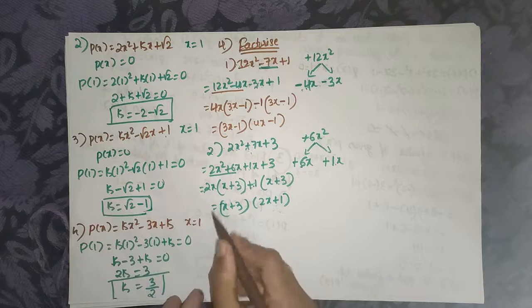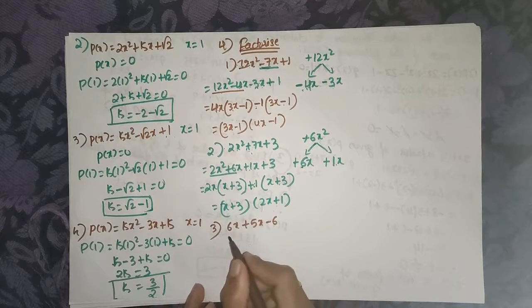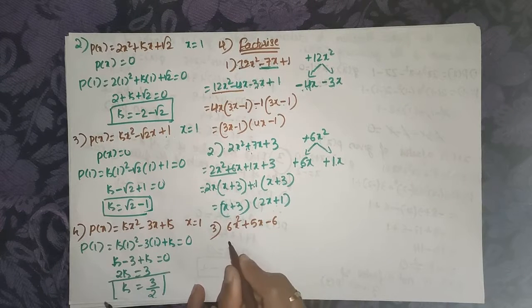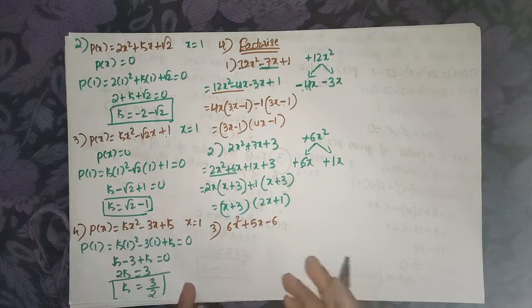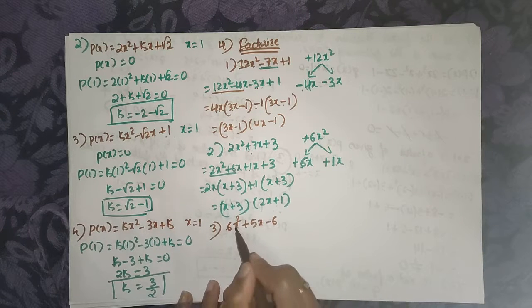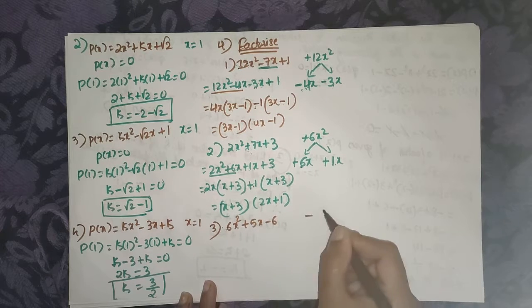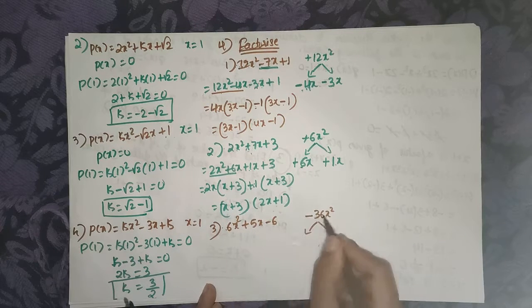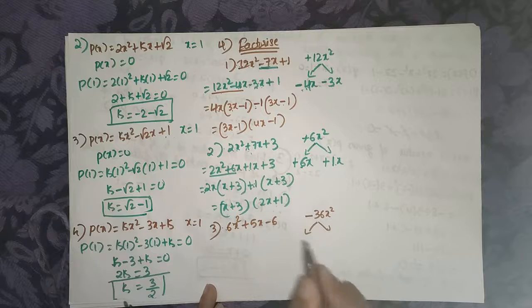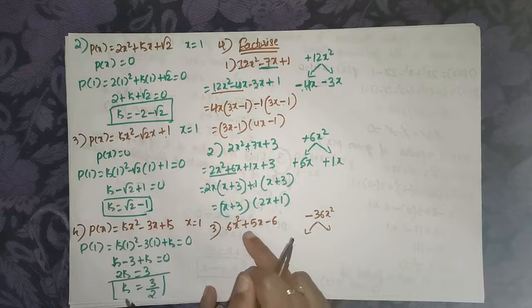The third question is 6x square plus 5x minus 6. Okay, so again the same thing, multiply first and last term. 6x square times minus 6. Here plus into minus, minus sign there. 6 6s are 36 x square. On splitting this, we need to get 5. We know 6 6s are 36, but 6 plus 6 is 12. It doesn't become 5.